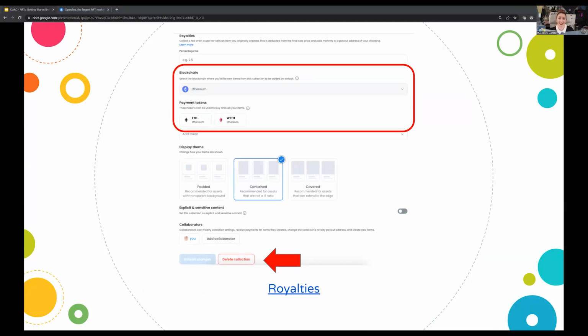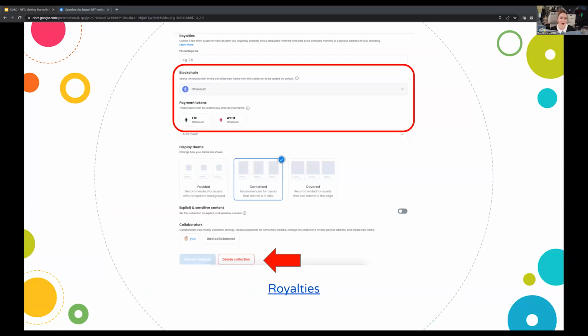So I'm going to delete this collection and start everything over in these slides so that it's on the same blockchain. And that's why I gave you a warning up front that we were going to do this wrong in order to do it right later. Because obviously people tend to think, well, I create the individual NFT first, and then I can create multiple NFTs and form a collection. Well, in this case, the platform really wants you to create the collection first and then fill it with NFTs.